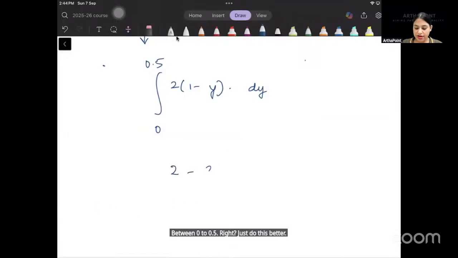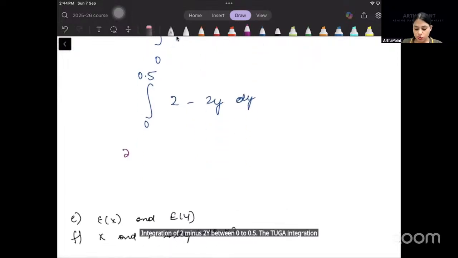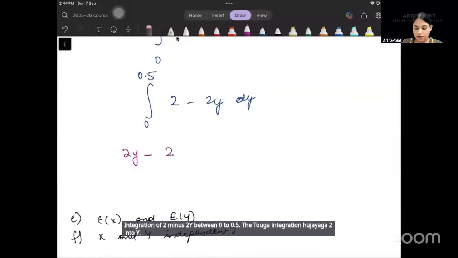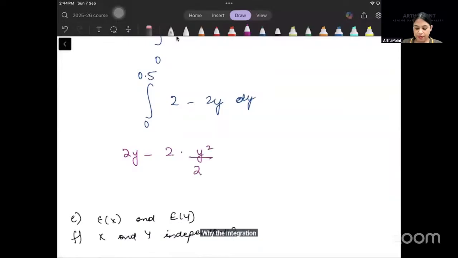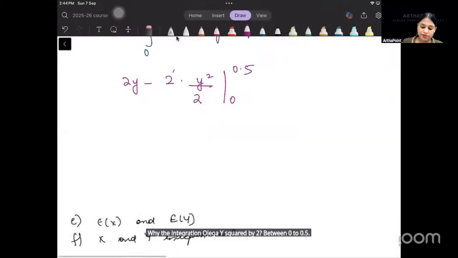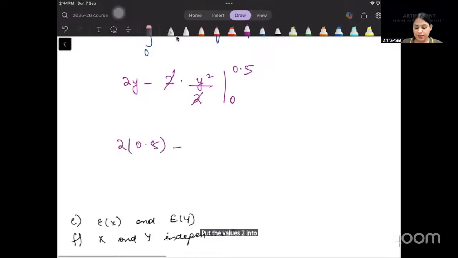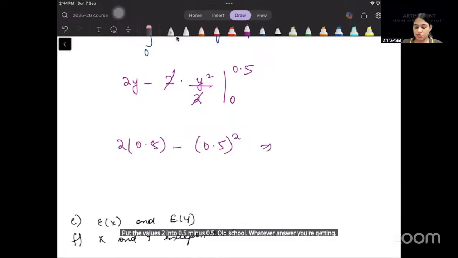Integration of 2 minus 2y between 0 to 0.5. तो 2 का integration हो जाएगा 2y, y का integration हो जाएगा y square by 2 between 0 to 0.5. Put the values. 2 into 0.5 minus 0.5 whole square. So 1 minus 0.25